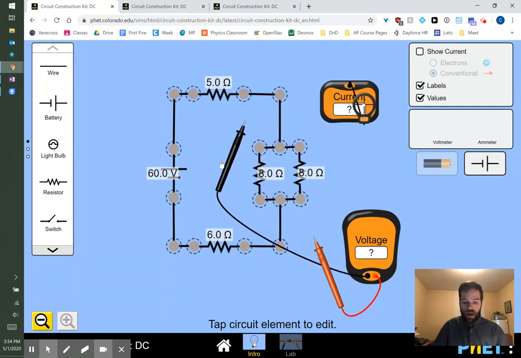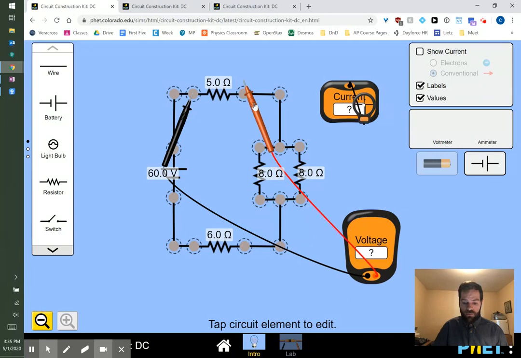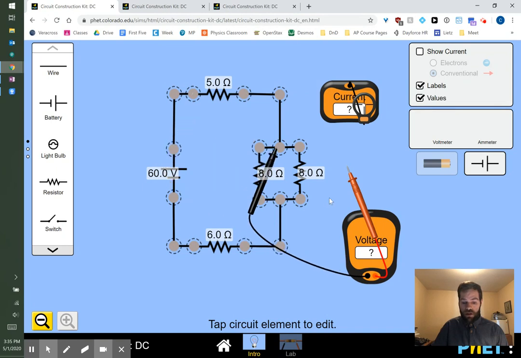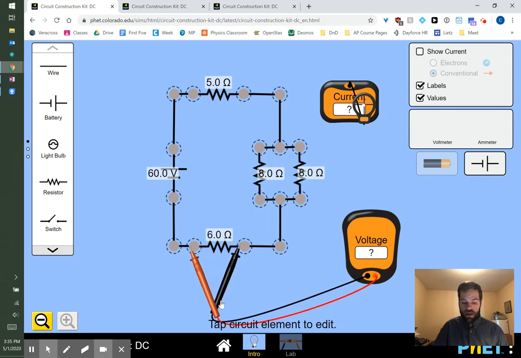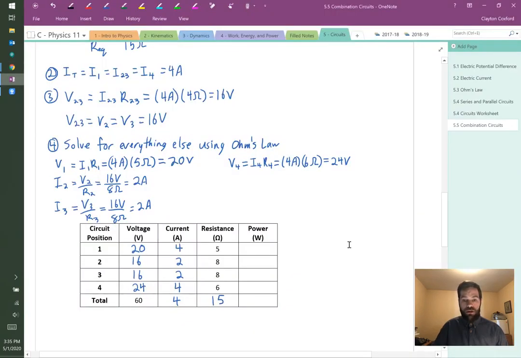We see that the voltage drop across this first resistor here is 20 volts. The voltage drop across this one over here, 16 volts. And the voltage drop across this last one, 24 volts. All those voltage drops combine to 60 volts, the voltage supplied by the battery. Perfect. And then the last thing we're going to do is to figure out what is the power consumed by